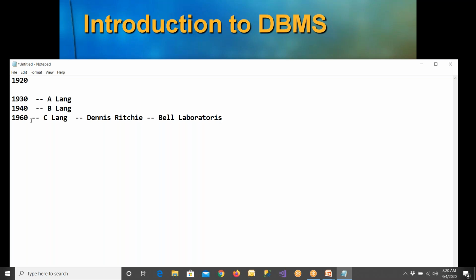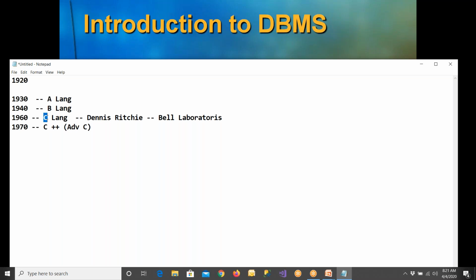After that, in the early 70s, we got one more language called C++. C language had some issues, and a lot of programming we were not able to do with it. A lot of features were missing, and it was not able to tolerate the business requirements. So people had to invent C++. It is nothing but an advancement of C language. When people say C++, you can think of it as advanced C.